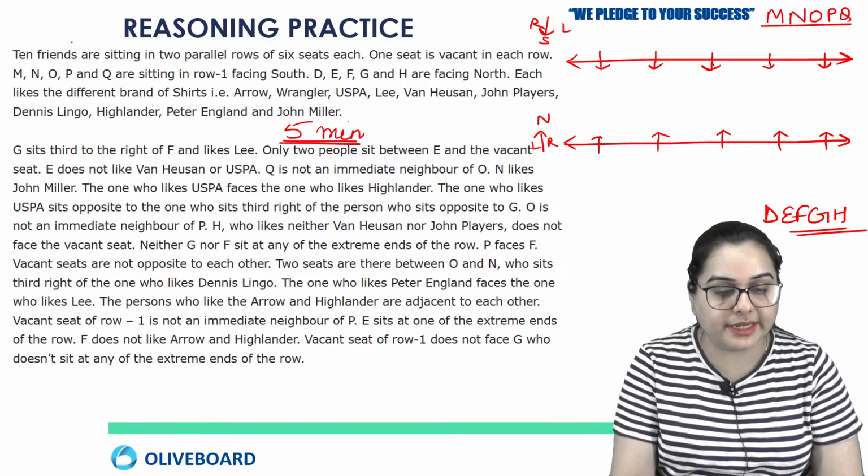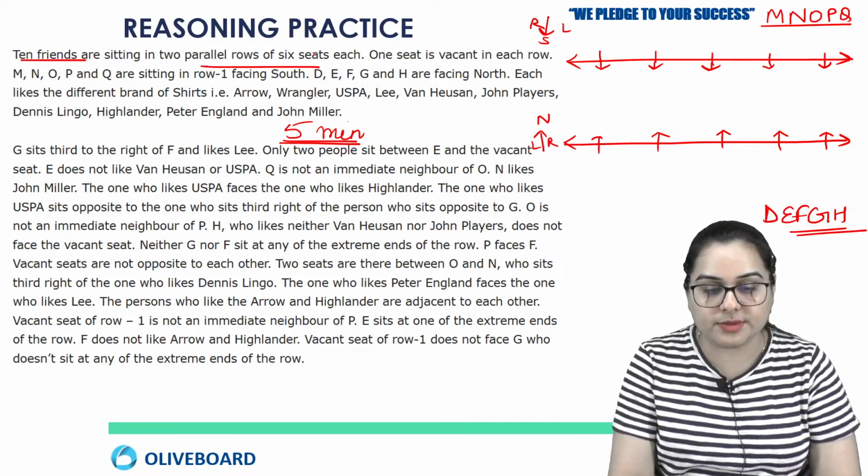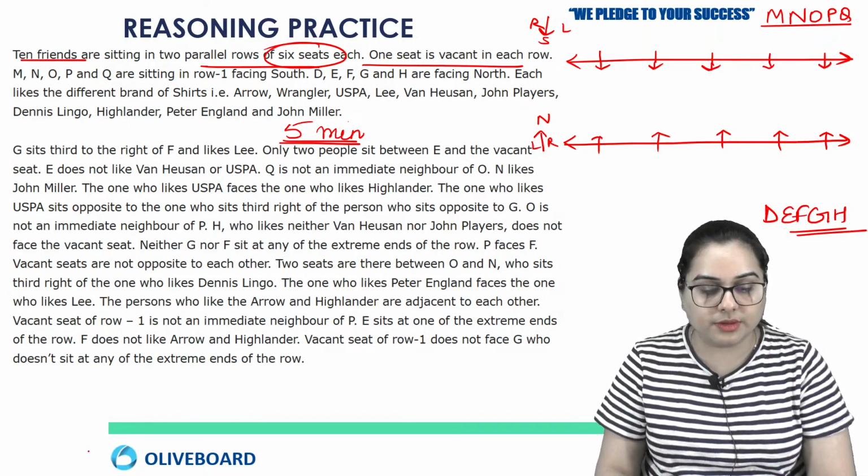Okay, see, there are 10 friends. They are sitting in 2 parallel rows of 6 seats each, and 1 seat is vacant in each row. Okay,